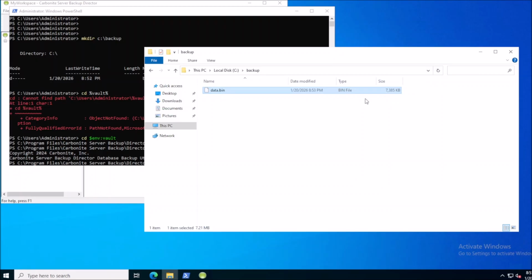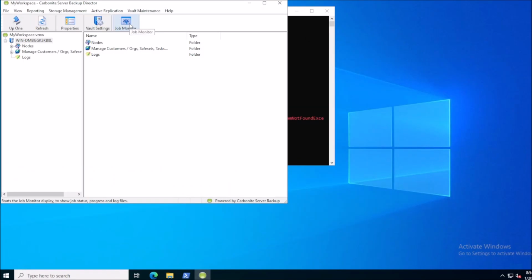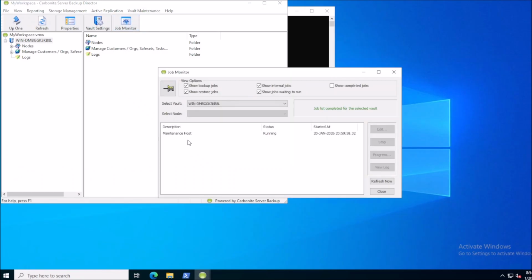We've got the data.bin file. Perfect, that's what we would want to see. Now at this point, we want to make sure that there are no backups, optimizations, replications, etc. running by going into our director console, clicking the job monitor button, and here we can see we just have